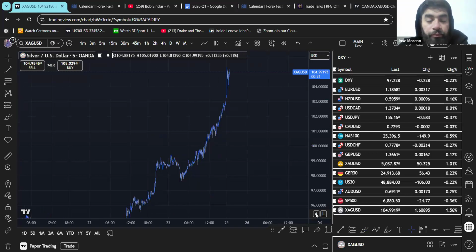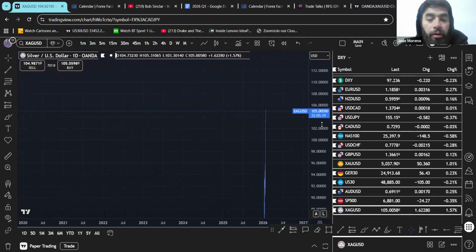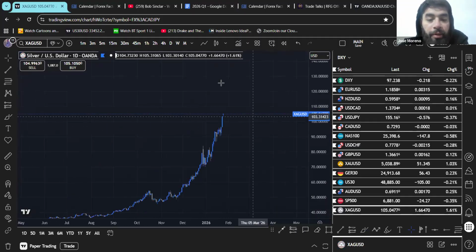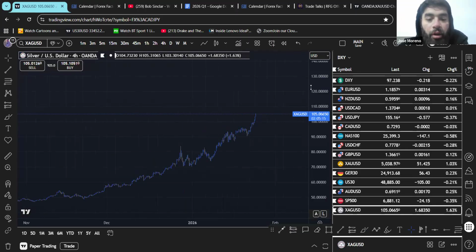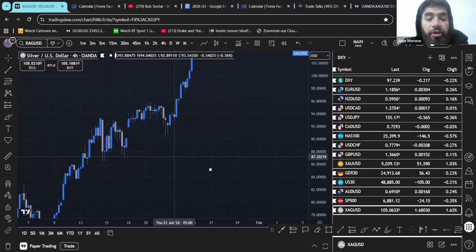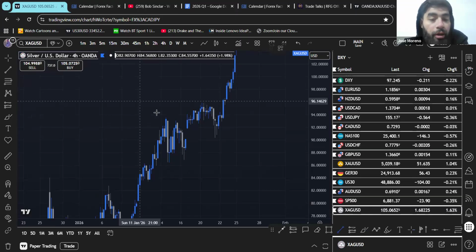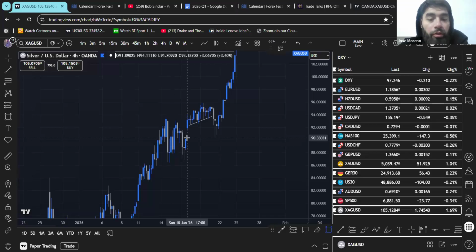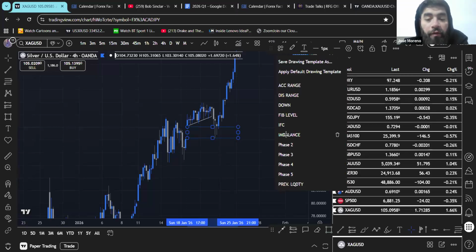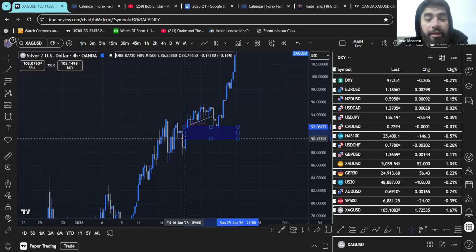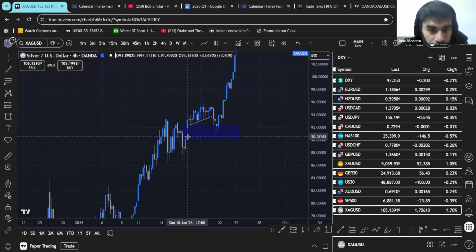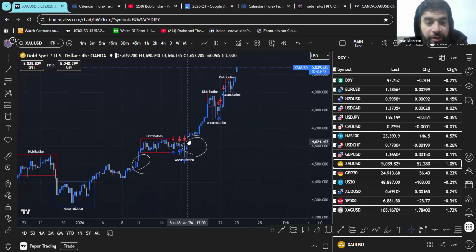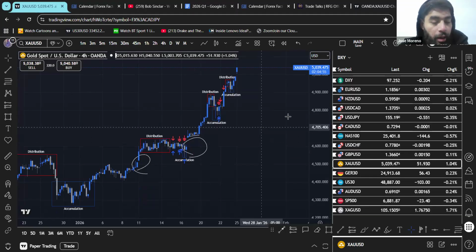So let's go to silver. Silver booming. We talked about silver as well when we looked for the buys on gold. It was a much different situation. But we also had this area marked up because this was where we took our buys on gold last week, and silver kind of did the same thing. It came back into this gap here, and that's the same gap that silver has not traded back into.